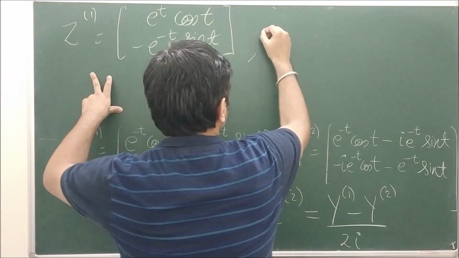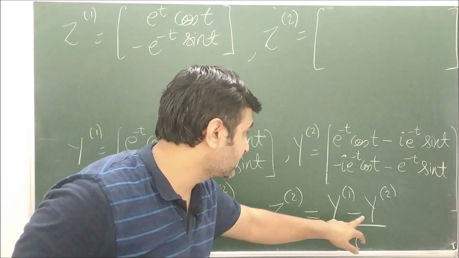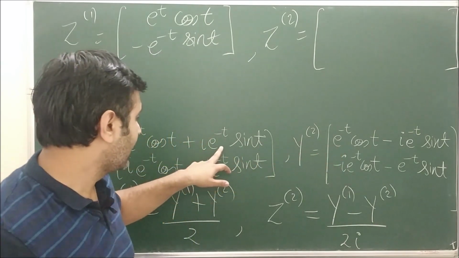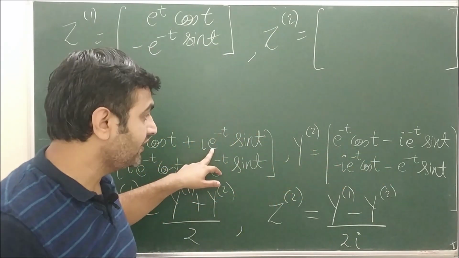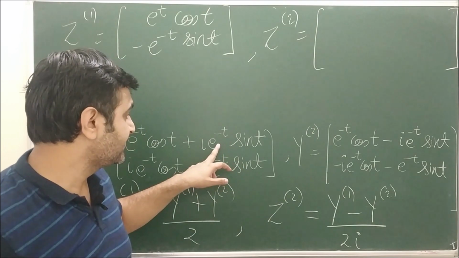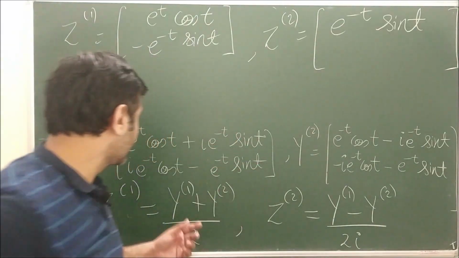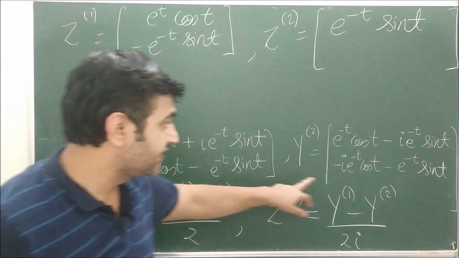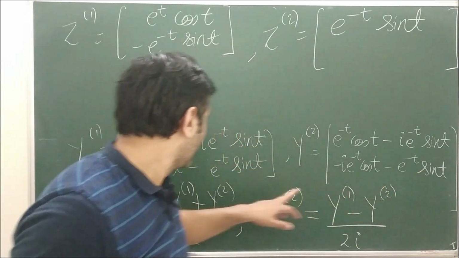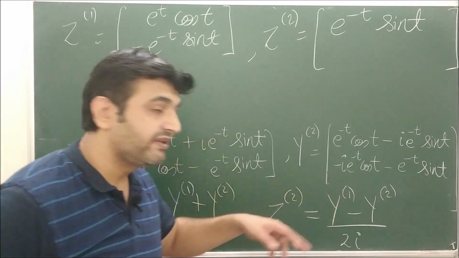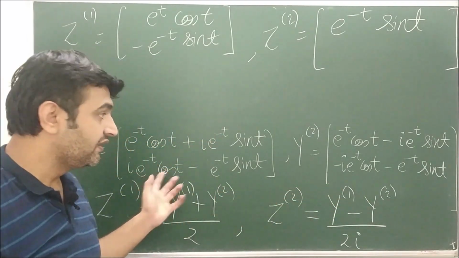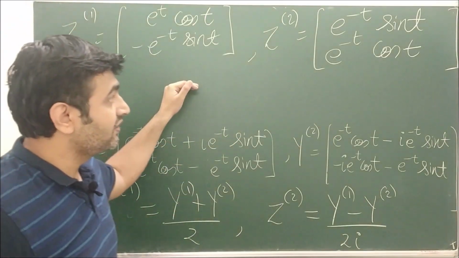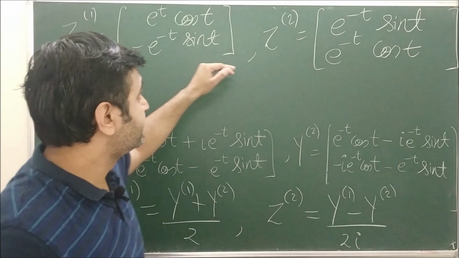What will be my z2? My z2 will be nothing but y1 minus y2. So if I do the subtraction, this will go away. Here i times and i times, so this will be 2i, but 2i will get cancelled. So what is left is e raised to minus t sin t. And for the second component, if I subtract, this minus this, again this and this term will go away, sin term will go away. Here I have i minus minus i, so when I am subtracting it will become 2i. So that will also go away. So what is left is e raised to minus t cos t. So these two are again the solution, and you can observe there is no iota.